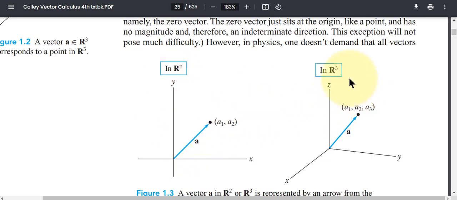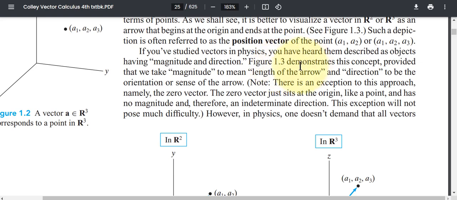Here's a vector in R3, 3 dimensions. And we have the A1, A2 as a point, but then we think of the vector as this arrow. As I said, you could also just think of it as the point, but we'll typically draw an arrow. And she says Figure 1.3, down here, demonstrates this concept,